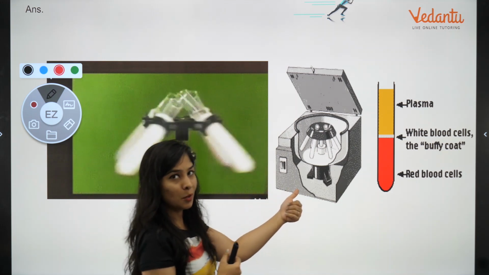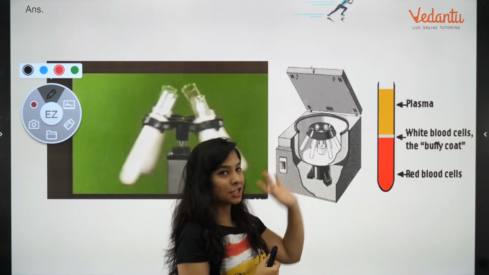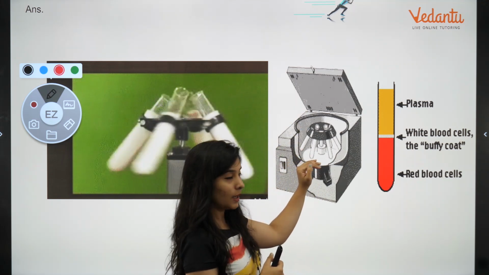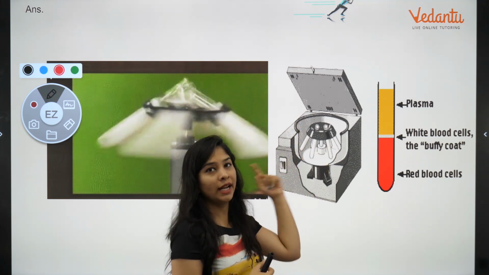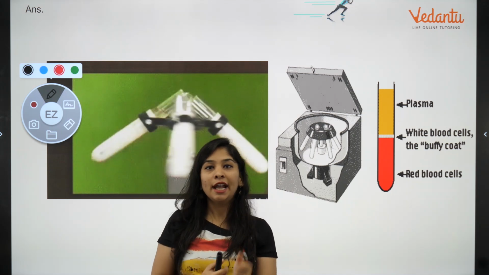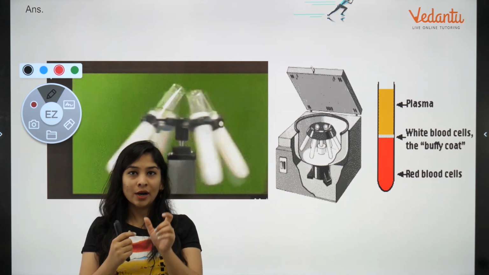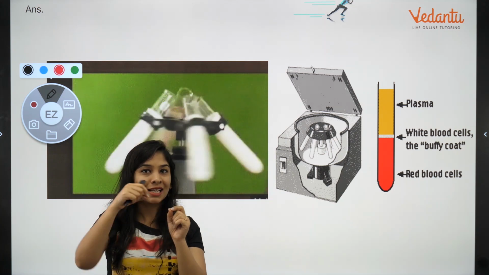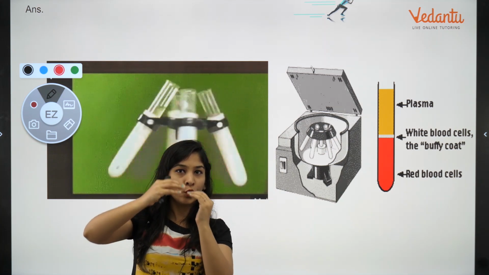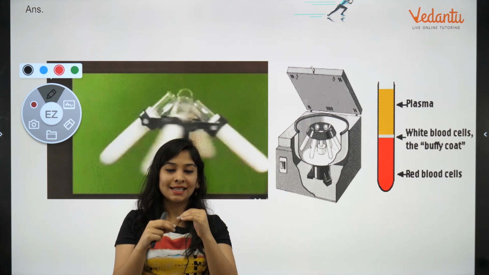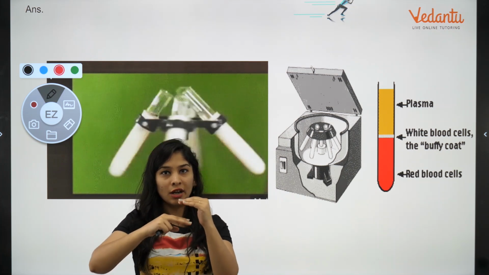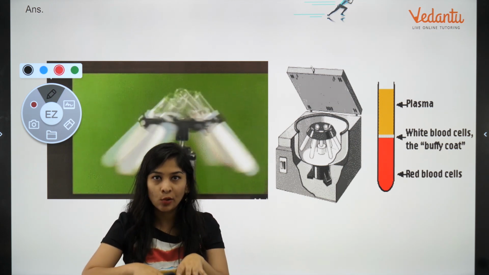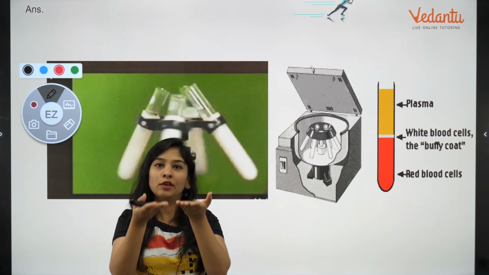But that's a digital one. With the help of electricity, as soon as you switch it on, what will happen? You have to close it as well. Then they are going to rotate at very high speed, and due to centrifugal force, what is going to happen if something is rotating at very high speed? The particles which are suspended in the mixture, force will act and they are going to separate out. If a solid, meaning a heavy density particle, that is going to settle down. Light particles will float.